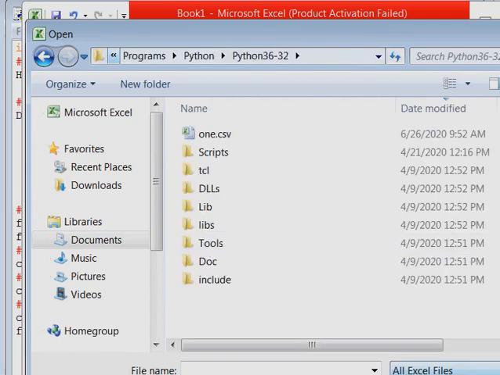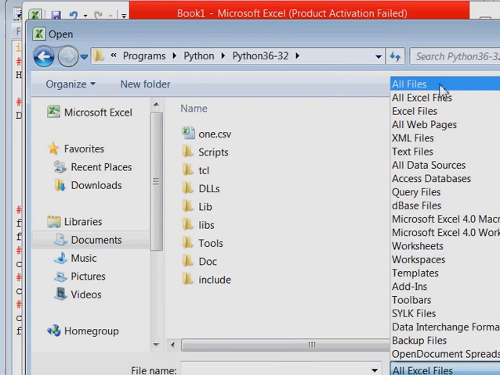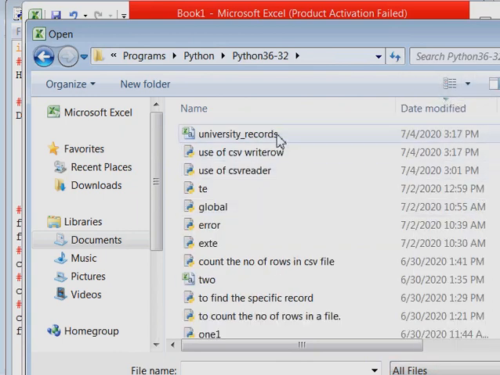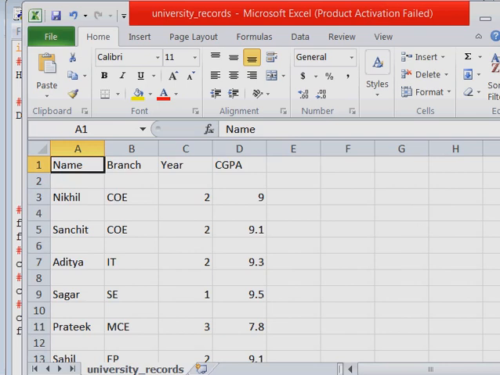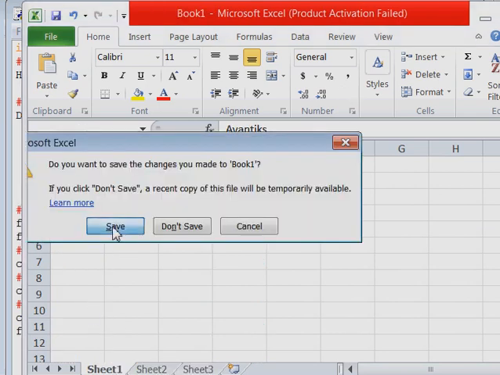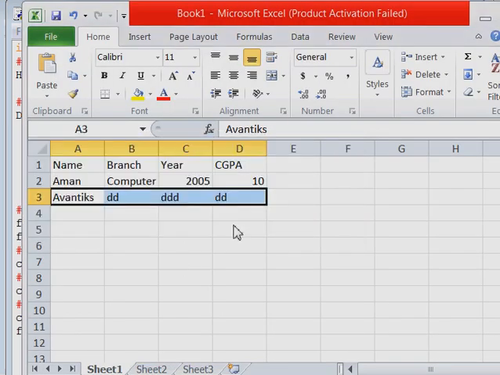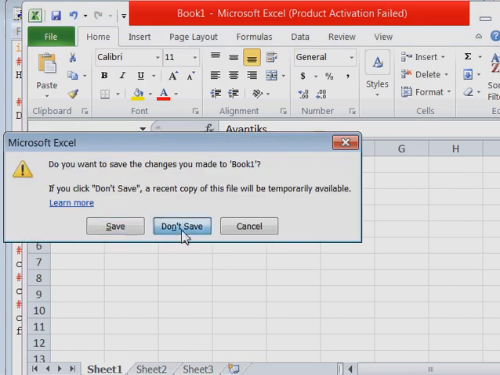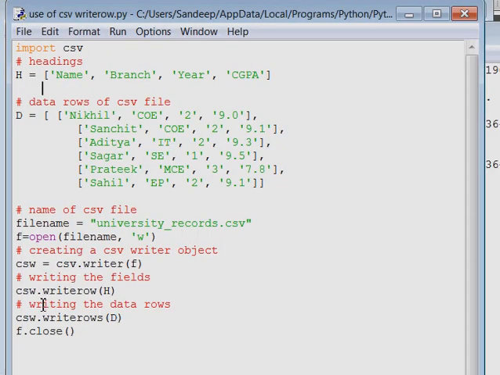enter. Now you can see all files, and all files पे जाके university records, और ये हमारा एक रिकॉर्ड है, ये हमारी एक वो ऐड हो गई है, एक फ़ाइल बन गई है CSV फाइल. So in this way you can work over CSV file, writing over CSV file. So this was a simple example of explaining how a CSV file can be written with the use of a Python program, and we have used the functions writerow and writerows here.